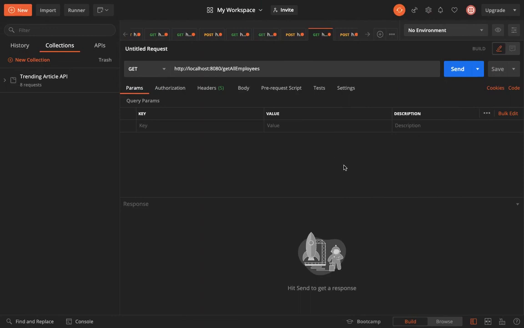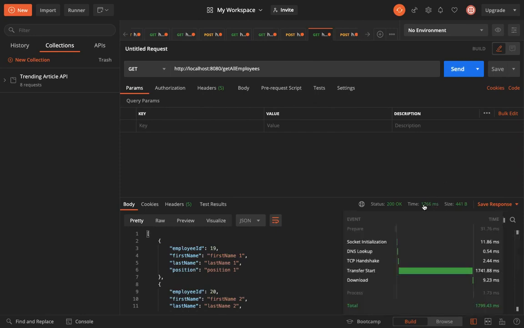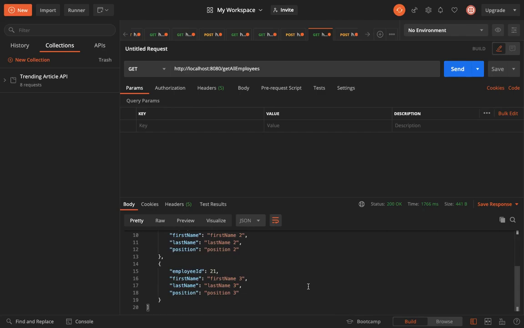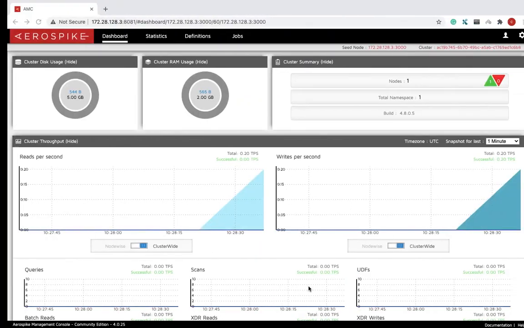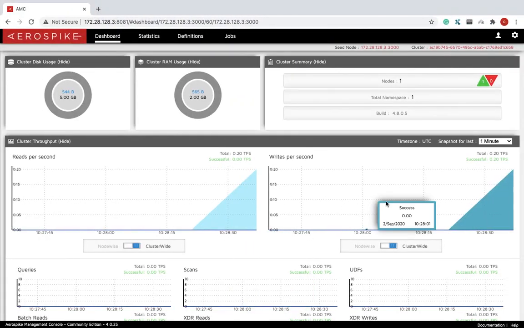So the first time I hit the API, the result will be fetched from MySQL. Please note this response time, it's approximately 1.7 seconds. And if you look in the Aerospike console, you will see a spike.